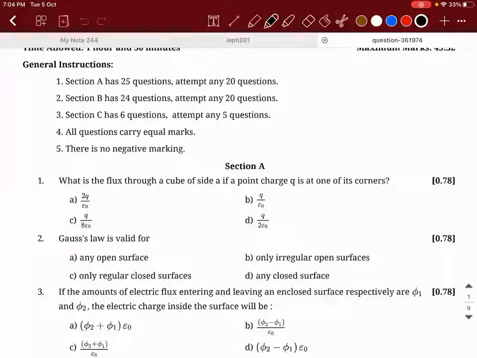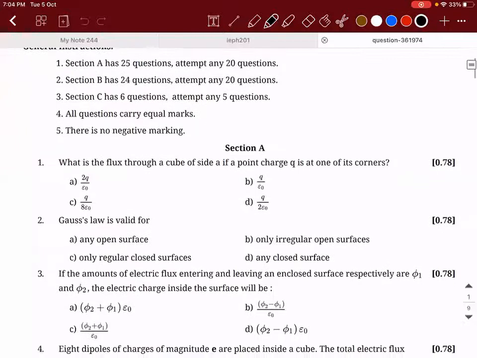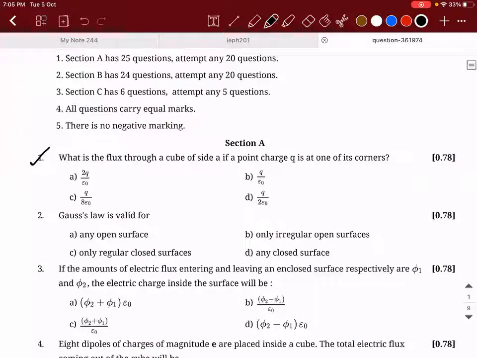So we'll discuss questions from yesterday's paper. Okay. So first, shall I go in the order, or do you have any specific doubts? Sure, we'll go with the order. Okay. So what is the answer for the first one? Let's make it a little fast because there are 55 questions.